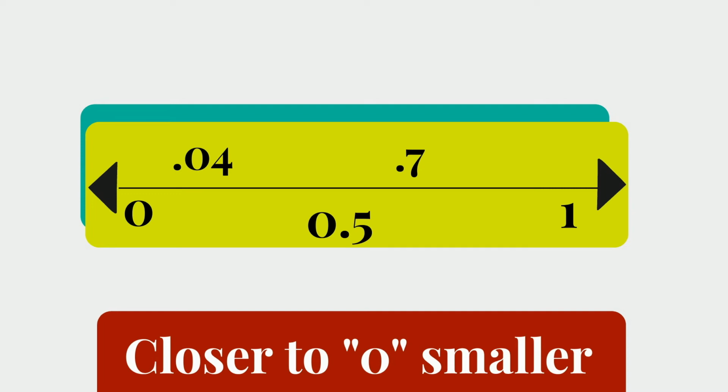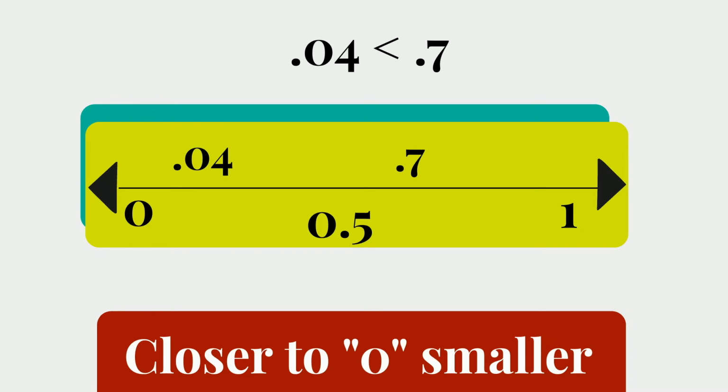So a decimal is just like any other number. You can show it on a number line. You can depict it in many, many ways. So let's say, for instance, this number line here, and we're just showing between 0 and 1, with 0.5 being in the middle. Well, if you have a number like 0.04 or 4/100ths, and you have a number like 0.7,